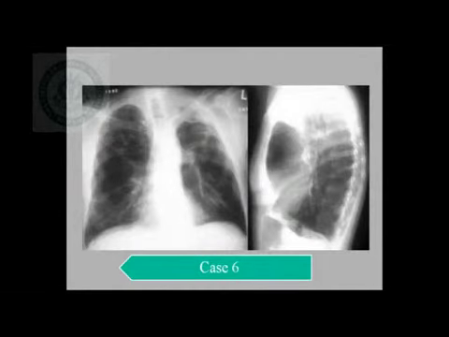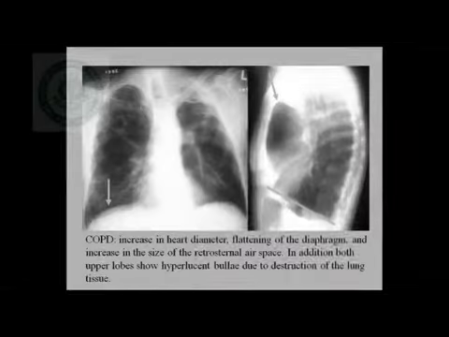Now this is another case where you are able to identify increased lung markings in both the lung fields, flattening of the right dome of the diaphragm, and increased translucency, that is more focal in the right side as well as in the left mid zone. These focal increases in the translucencies indicate emphysematous bullous changes, and bilateral hyperinflated lung fields indicate chronic obstructive airway disease. So this is a case of COPD with multiple bullae in both lung fields.